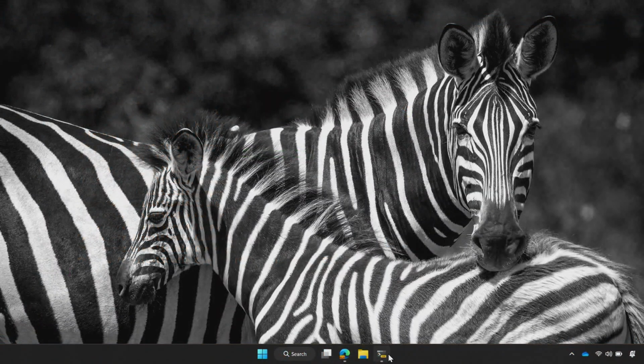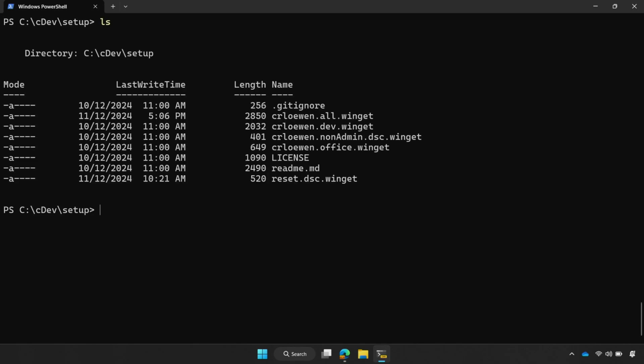So here, I actually use DSCs in a similar way, but I use them for my personal machine setup. I have a setup folder that's just a Git repository of a bunch of .winget files. This is the first thing that I download on a new machine, and I can show you what it looks like. If I run winget configure, I'm just going to run this one at the top that's all. So this is everything on my system.